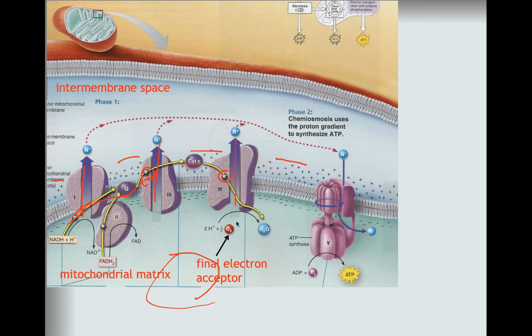Here you can see the final electron acceptor. These electrons can't just float off into the mitochondrial matrix. We have to have some substance pick them up. And so we take molecular oxygen, we chop it in half, it picks up electrons being carried by the hydrogens, and you know oxygen and two hydrogens become water. And so there you go. And so this is the one and only job of electron transport,